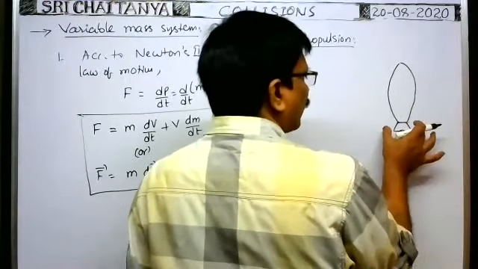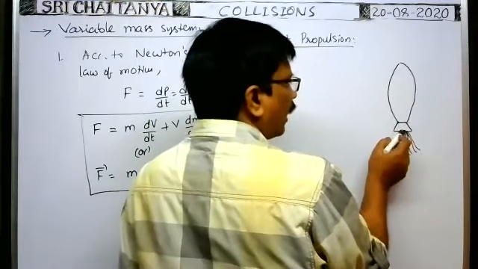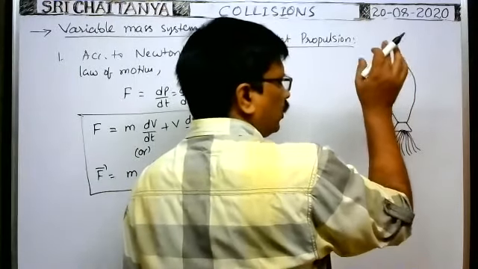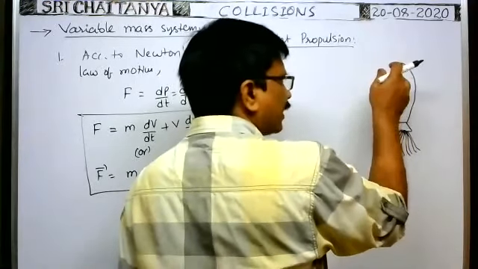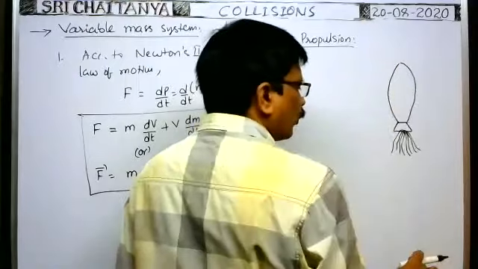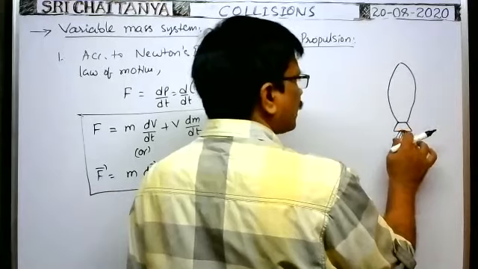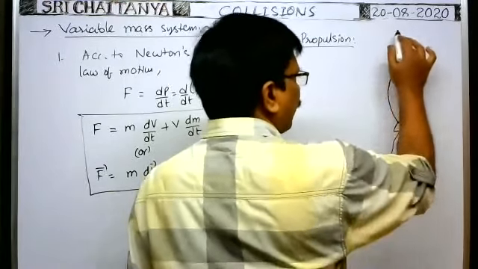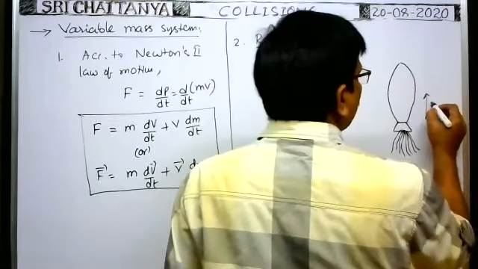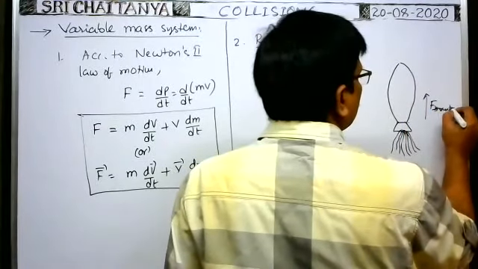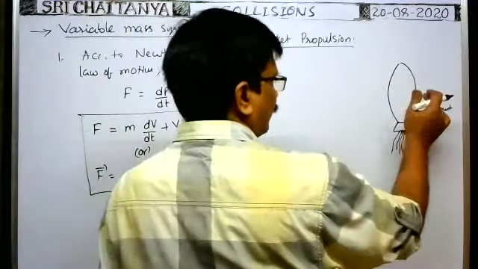Okay, whenever the hot gases come out, at that time, due to high pressure, the mechanism inside the rocket pushes the hot gases outwards with greater force, that is say action. At the same time, the hot gases exert the reaction force on the rocket in forward direction. That is called the thrust on the rocket. Thrust means reaction force. The reaction force acting on the rocket due to hot gases is the thrust on the rocket.